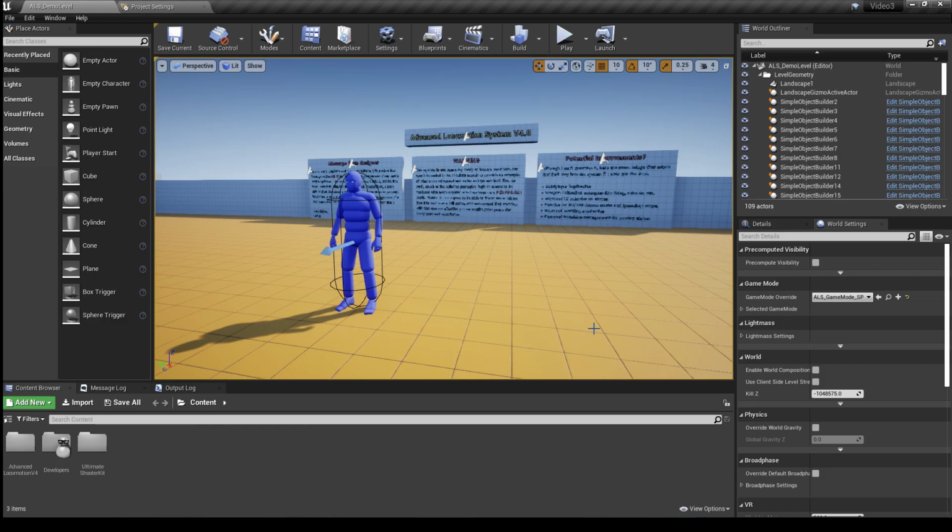Right, so ALS4, yeah, it's quite popular. I like it myself, and Ultimate Shooter Kit is reasonably new. But the inventory is great and the shooting dynamics and everything, and I know a lot of people will like to use it. It's important to say that Advanced Locomotion System ALS4 is free on the marketplace,